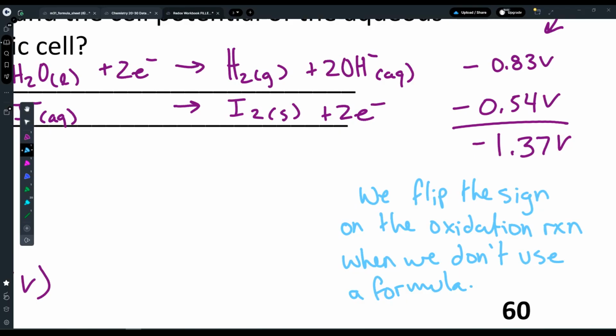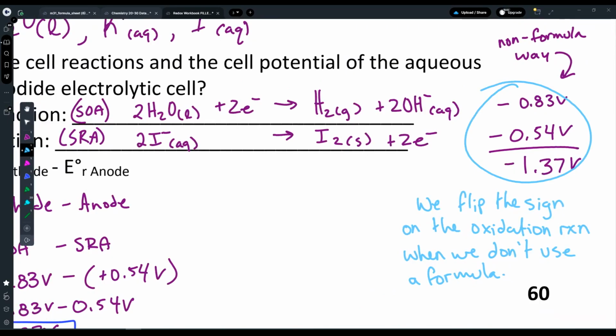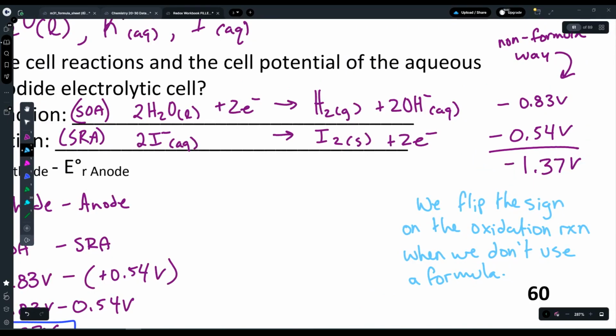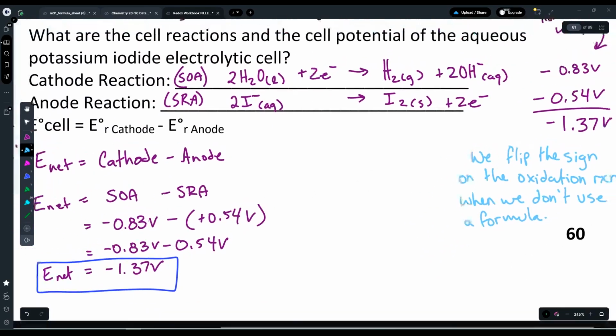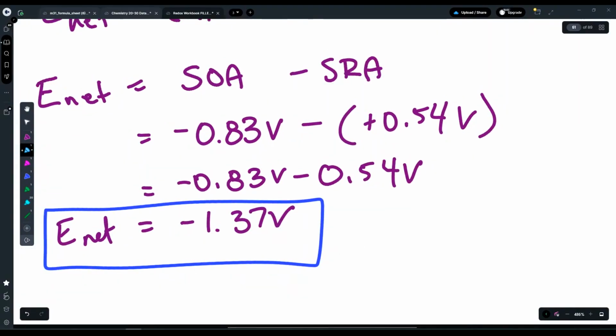So we flip the sign on the oxidation reaction when we don't use a formula. So that's why I'm calling this way over here the non-formula way. Okay, now, talking about this electric potential of this cell,